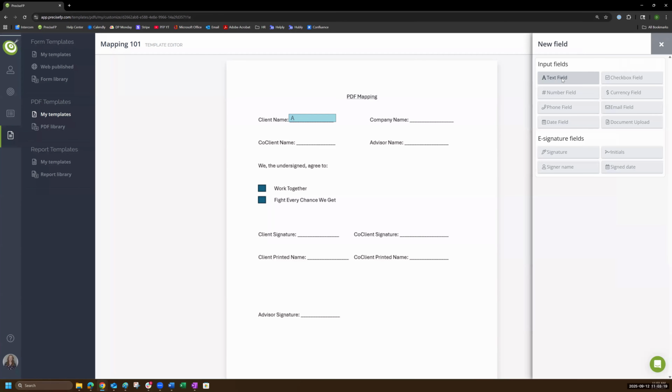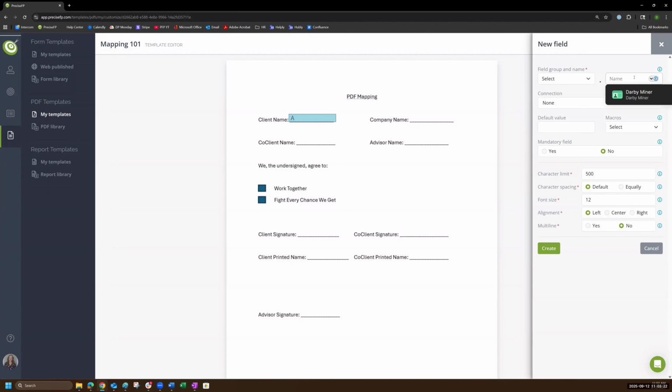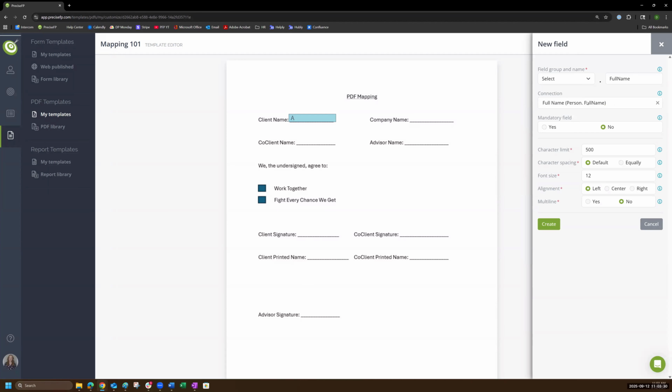So I can lay down a text field. I'm still going to call the field name full name, and my connection is still just person.full name. However, my field group is going to be different because this is a different person or participant on the engagement. So rather than selecting client from this drop down, I am going to click create a new group. And then I want to create a field group for all of the fields that will belong to the co-client, the spouse, the secondary contact, whoever that second person is that needs to maybe sign this form